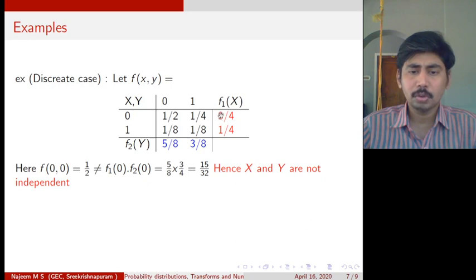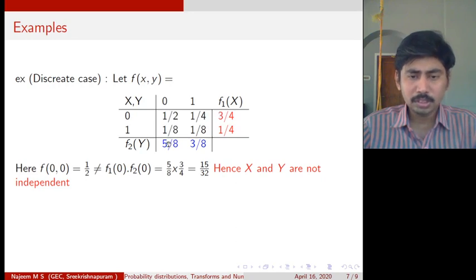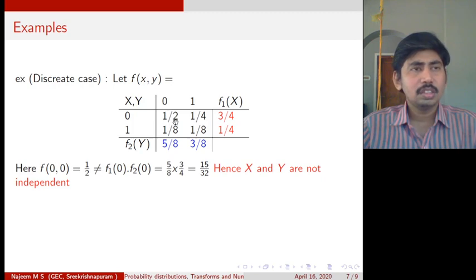f1 of 1 equal to 1 by 4, 3 by 4, and f2 of 0 equal to 5 by 8. If you multiply these two, you won't get this one. For a discrete distribution, if the marginals are multiplied, you should get the corresponding number. If 3 by 4 and these two numbers are multiplied, you should get this one. Then only this